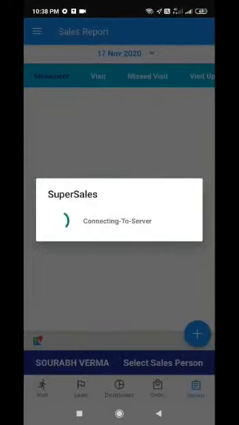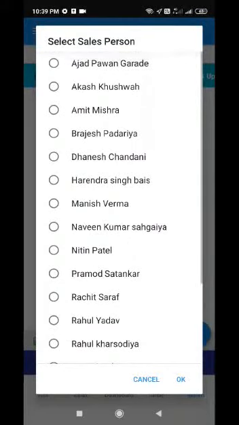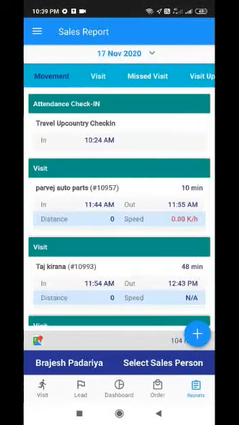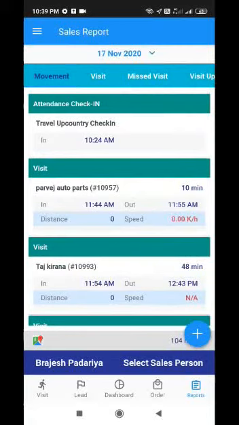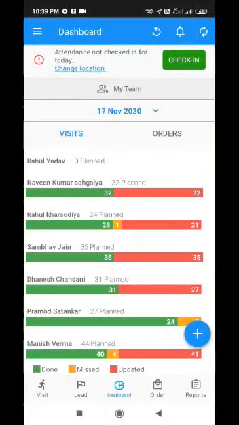Now there is a report tab at the bottom, where you can select any particular person. From the dashboard we clicked on that person, but when you select the report tab at the bottom, you select the person whose report you want to see, and the same report we saw earlier will come in with all the same tabs that we saw earlier.